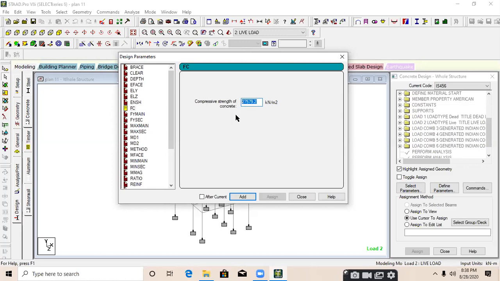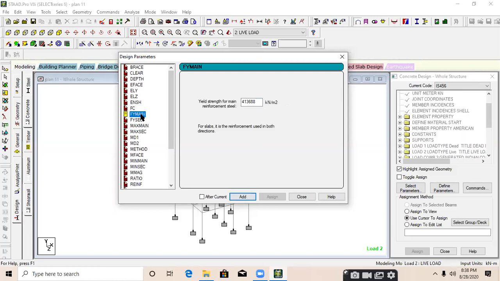M20 means a compressive strength of 20 Newton per mm square, and the software is asking for kilonewton per meter square. So we need to convert that value from Newton per mm square to kilonewton per meter square. 20 multiplied by 1000 to convert it. 20 Newton per mm square is 20,000 kilonewton per meter square.